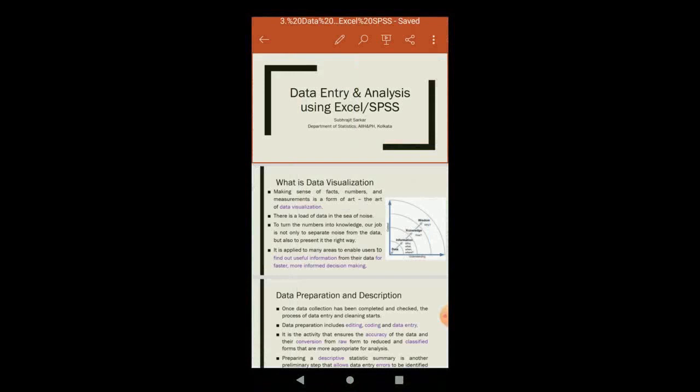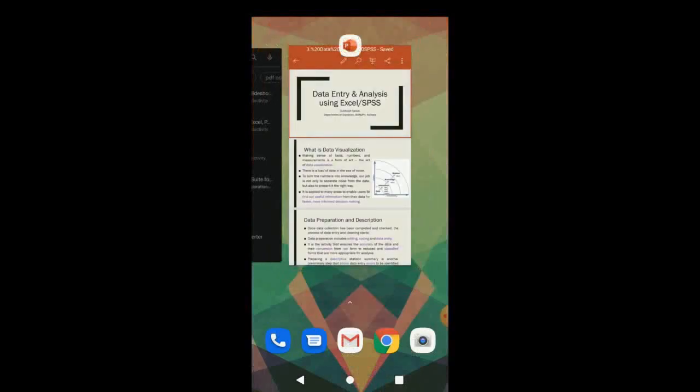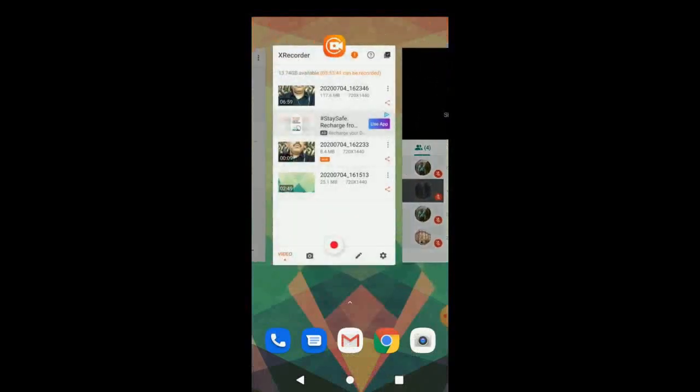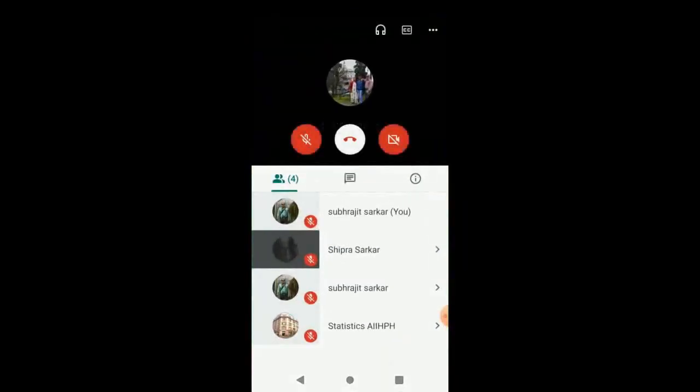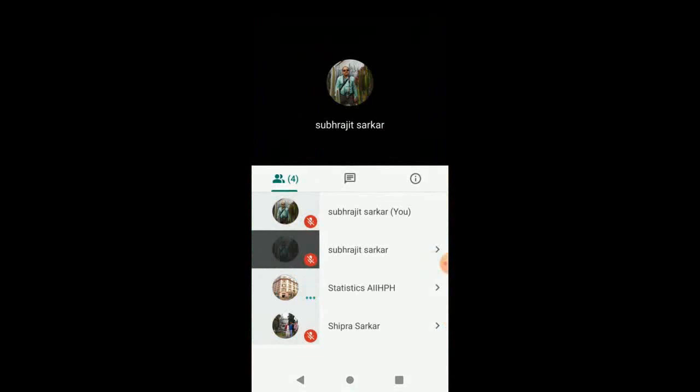So my file is open with this application. Now to start presentation, I have to start presentation from my Meet window. To start presentation, first tap on the screen. So click on this three dot,